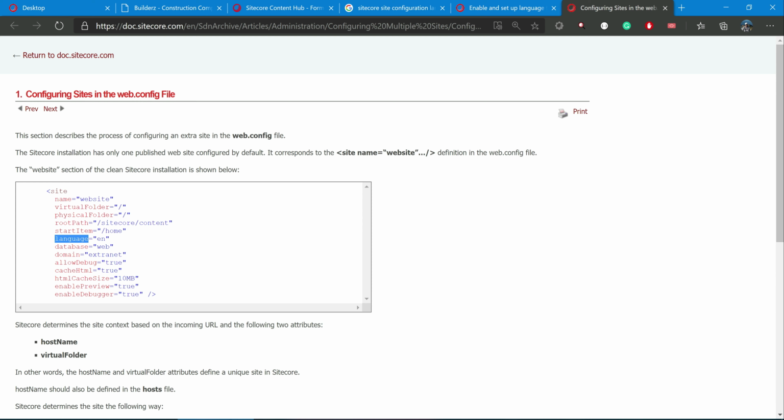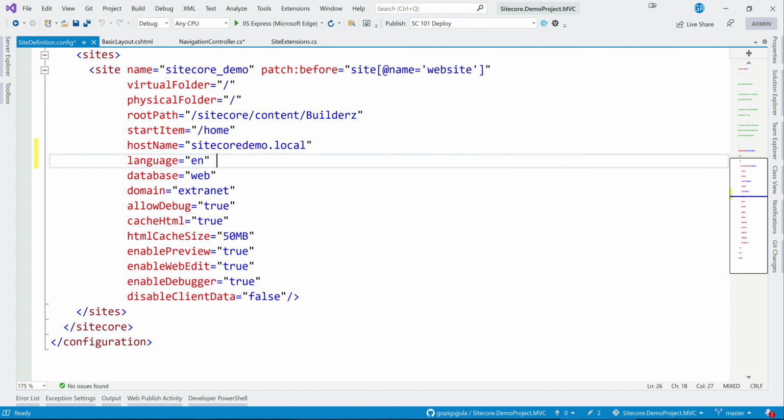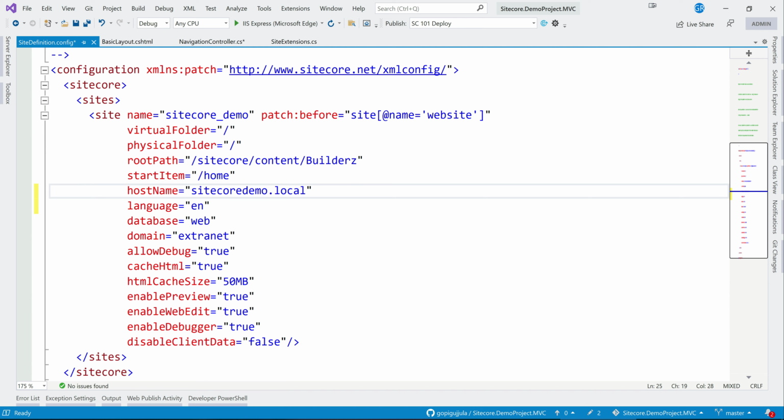Because we have a number of languages, English and all these, what is the default language it should serve when the user visits for the very first time? We can mention that the language is EN. If you mention DE, then the first time, the language served will be German. So that can be configured using language, whichever is configured at the site level.